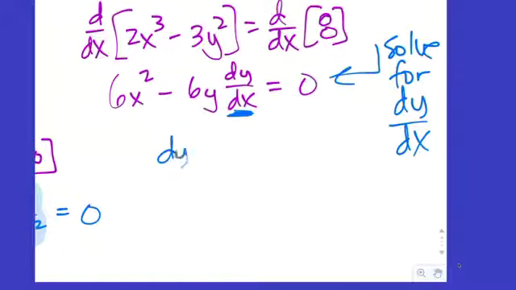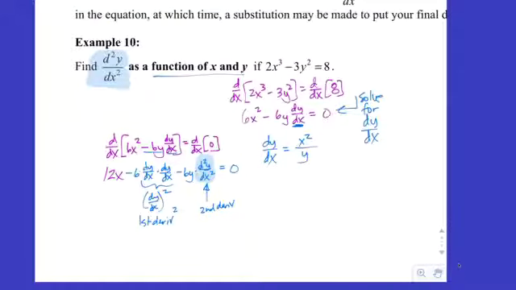Look what that's going to be. You can almost do that in your head. dy/dx is going to be x squared all over y. That's what dy/dx is. Okay? You can verify it by showing more steps. Then you could go ahead and plug x squared over y in for both of those dy/dx's and solve for